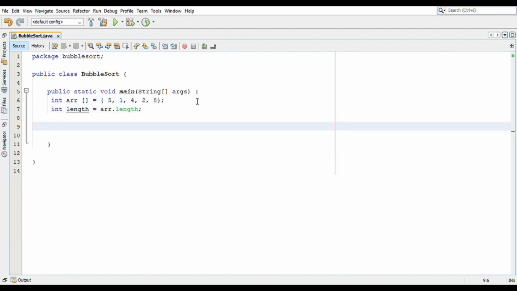Now, what we are going to do is write the outer for loop, in such a way that int i equals 0, and i goes up to less than length, which we already found over here, and then i plus plus.